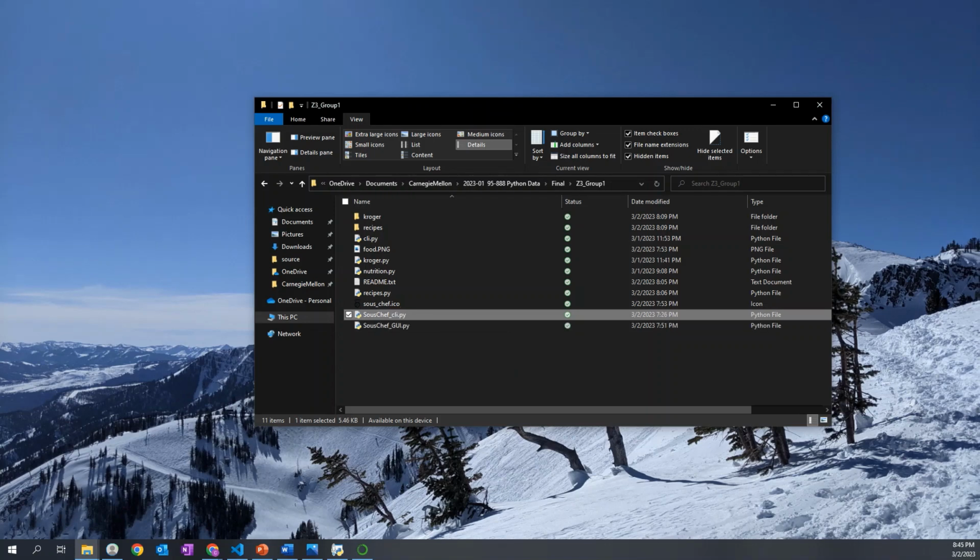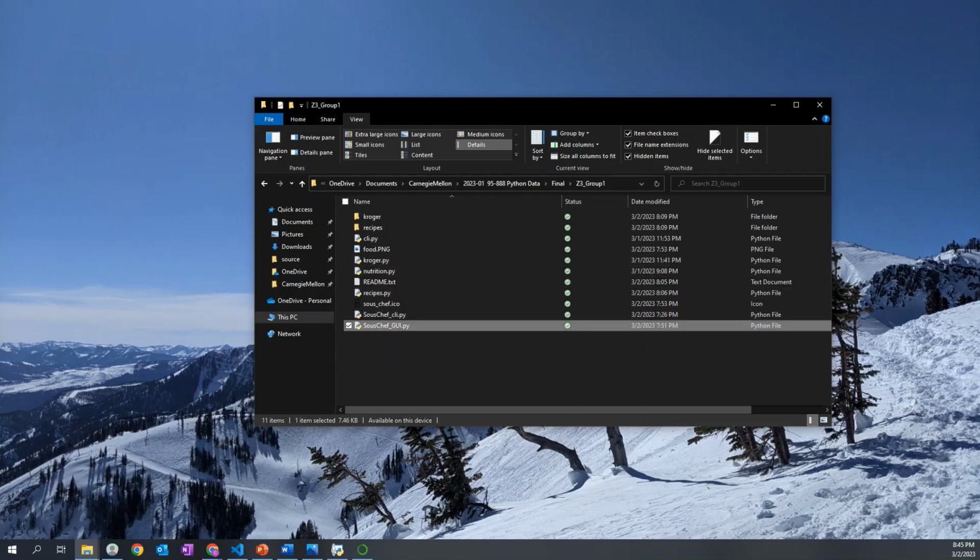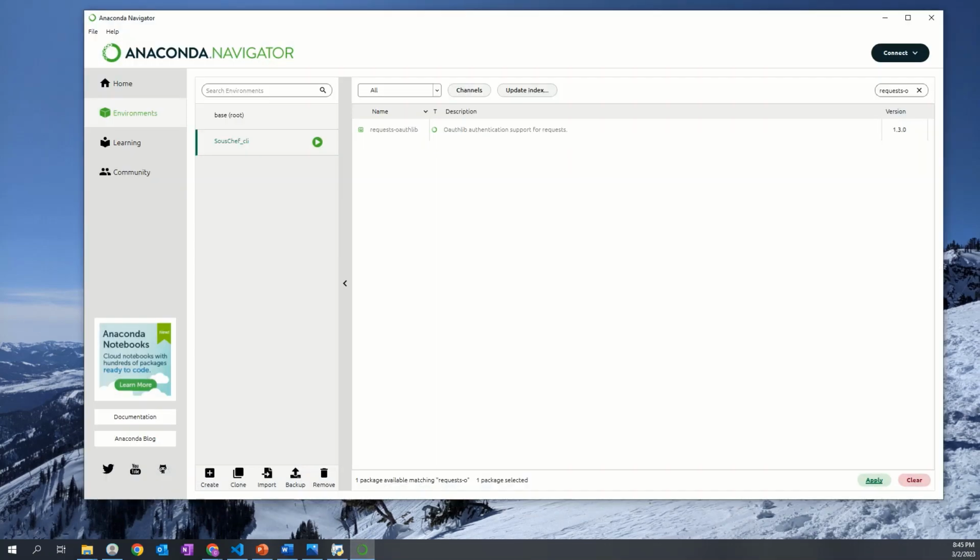The Kroger API requires a special type of connection known as OAuth2 in order to pull product and location information. We need to change our base Python configuration and add in additional packages in order for this to work. The SousChef_CLI.py program is dependent upon the Kroger module, whereas the SousChef_GUI.py program is not. So if you want to install this, open up your Anaconda Navigator, click on Environments, and then type into the search bar